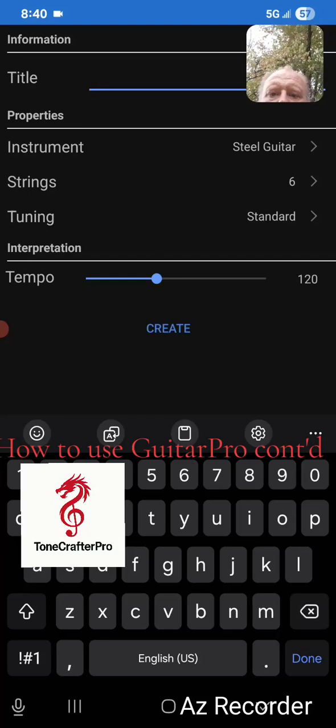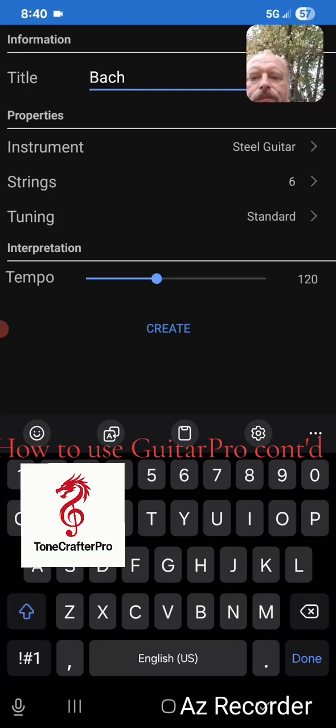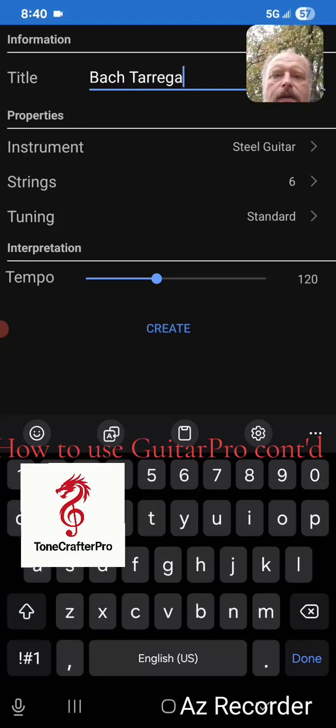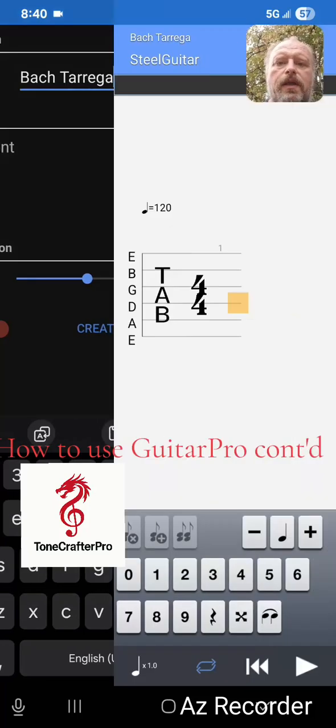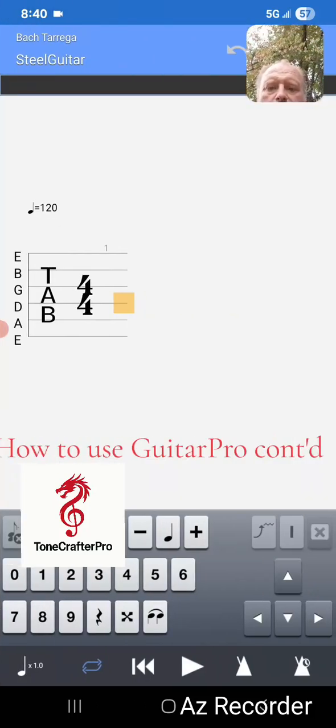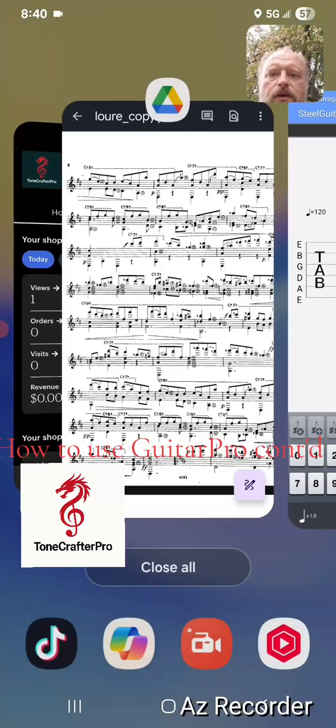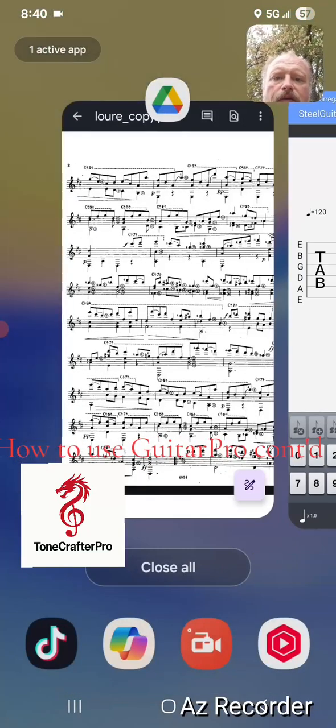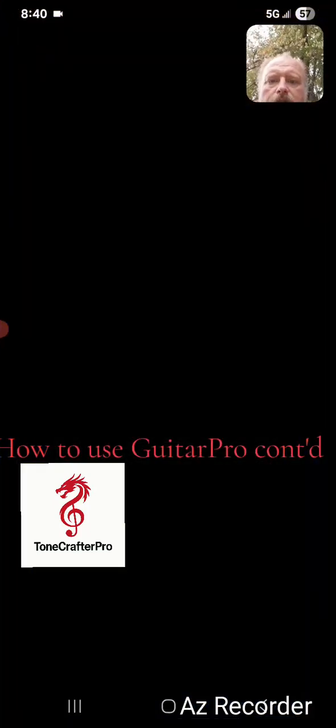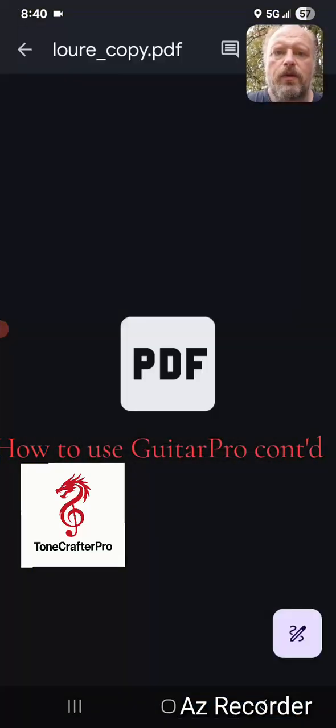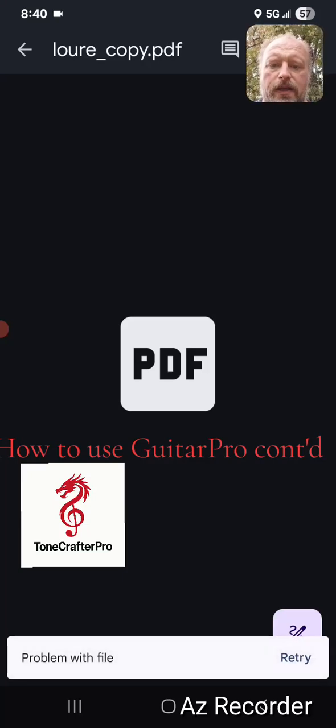We'll just call this Bach Tárrega. Create. Okay, so we have our note created, and we're going to get back into